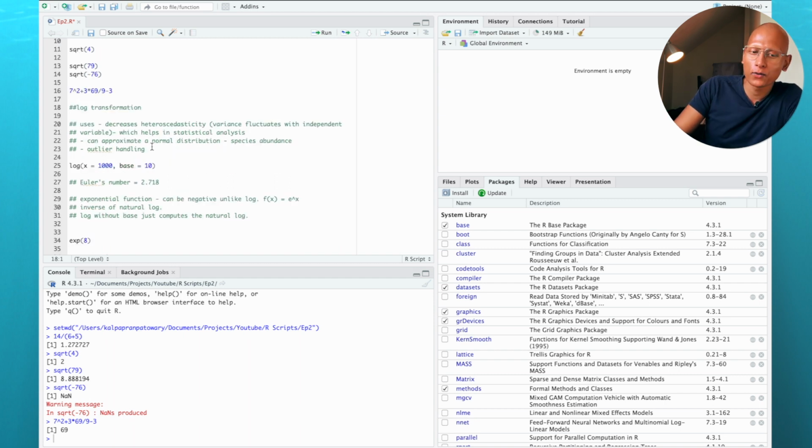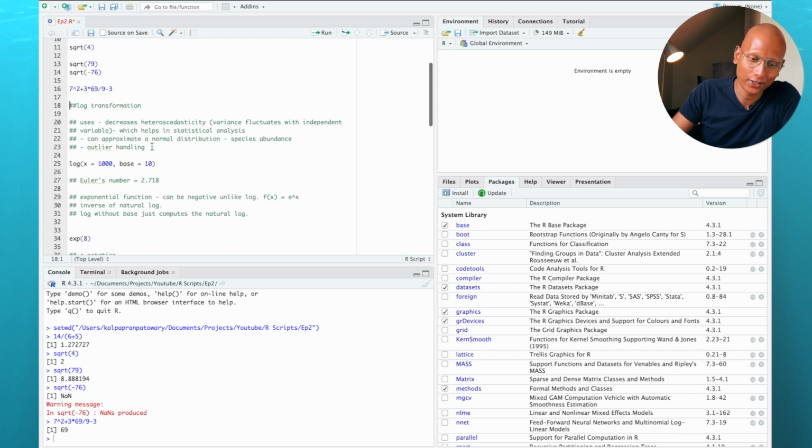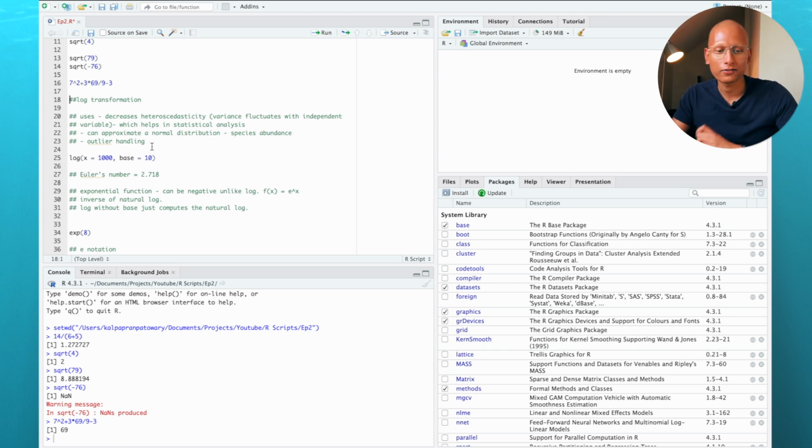Okay, now what we are going to talk about is log transformation. Basically, log transformation is used to reduce the heteroscedasticity of linear regressions or any sort of regression function. So what this term means is that it decreases the fluctuation of the variance in relation